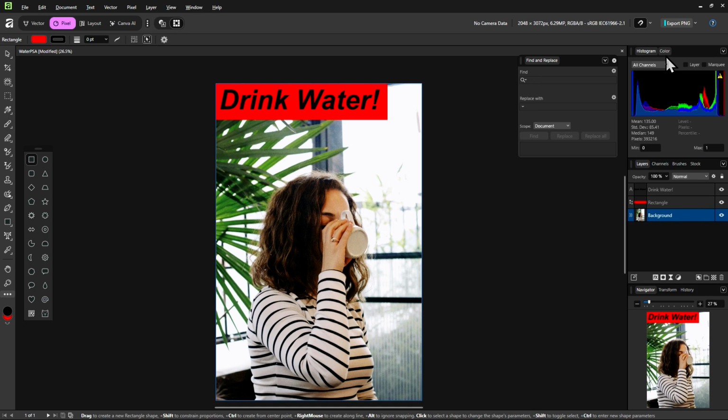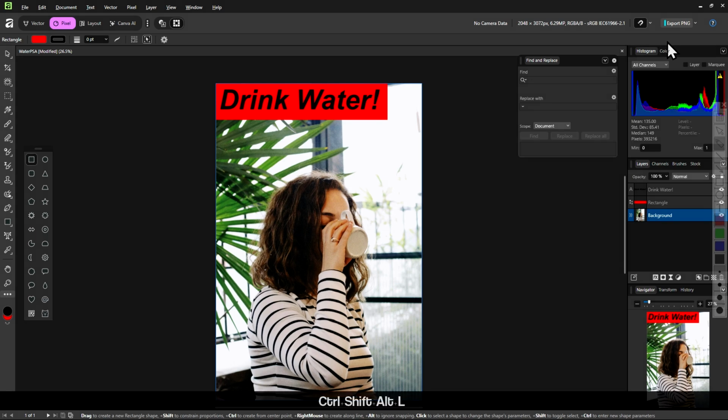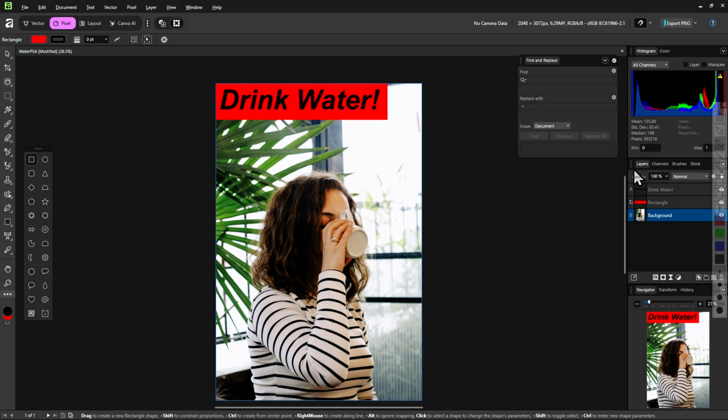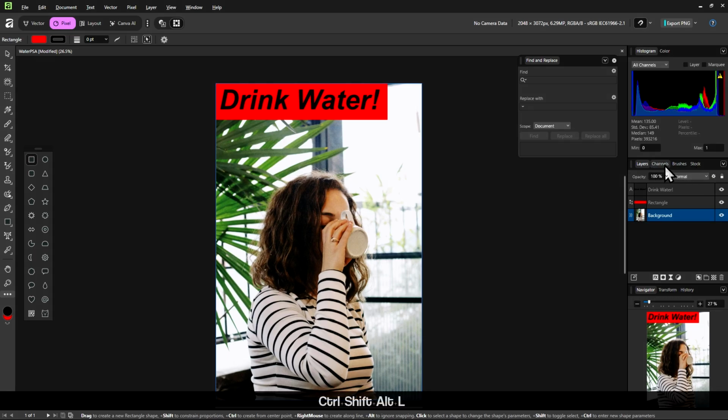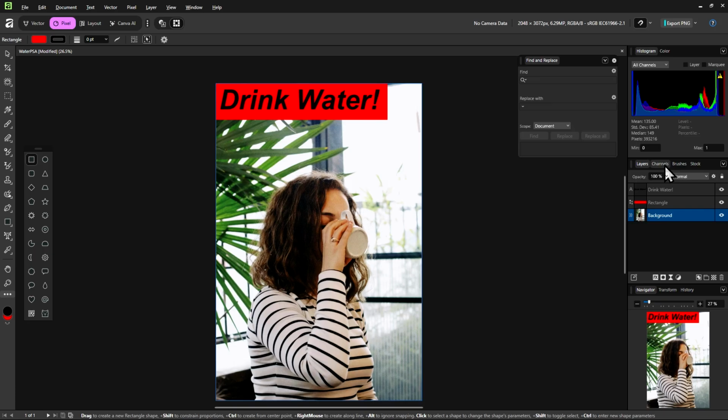have selected. You probably noticed, but besides the layers, there are other text below it: channels, brushes, and stock. These are actually separate panels in the same space that you can access by just clicking on it. Now we are in the channels panel.